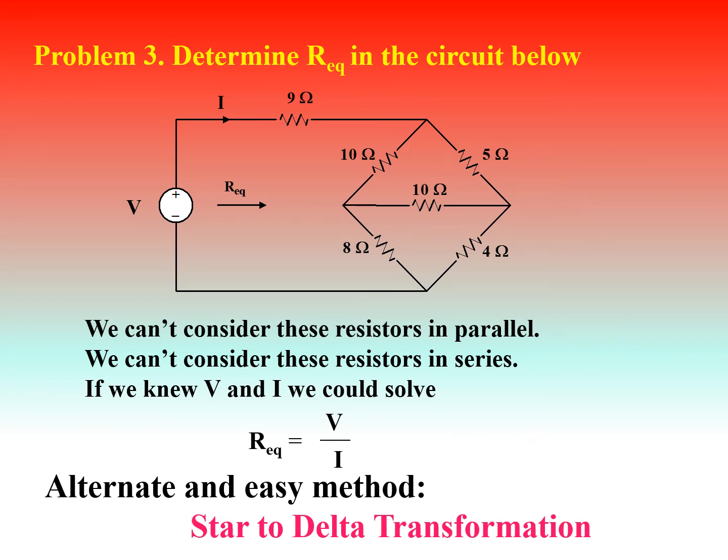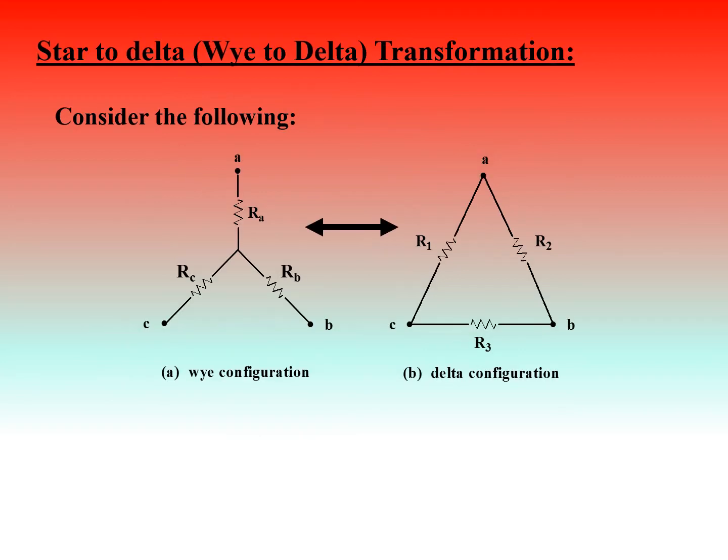So now let us see what the star delta transformation is and how it is useful in solving our daily electronic circuits. Star to delta, or it is also called Y to delta transformation. So this geometry in figure A is called star or Y. The geometry in figure B is called delta. So star to delta or Y to delta. We can convert in reverse also, delta to star or delta to Y. So how to do that?